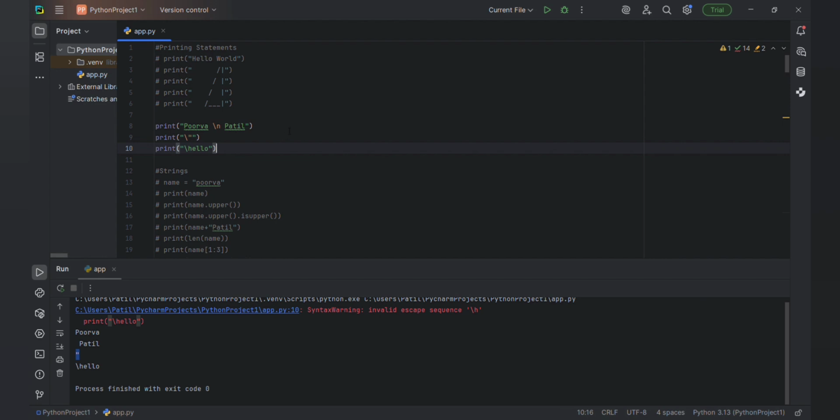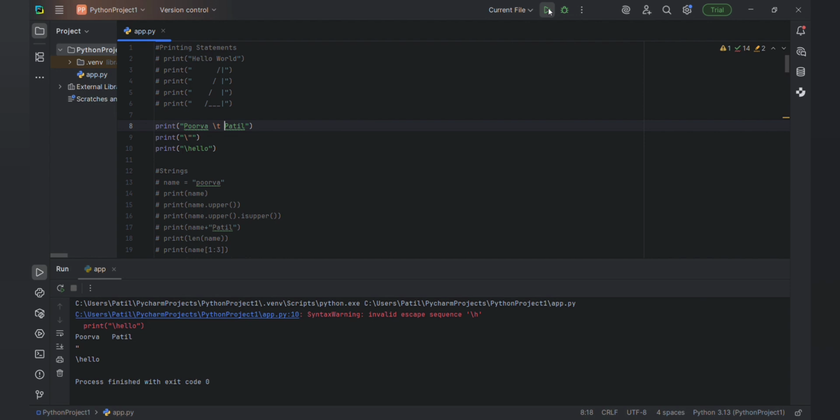If you want a space in between Purva and Patil, it will take that space if you write slash t. Let me run this, so it will give the space in between. Assume that space is not there here, so it will give the space in between. Yeah, these are the special characters which are used in Python.